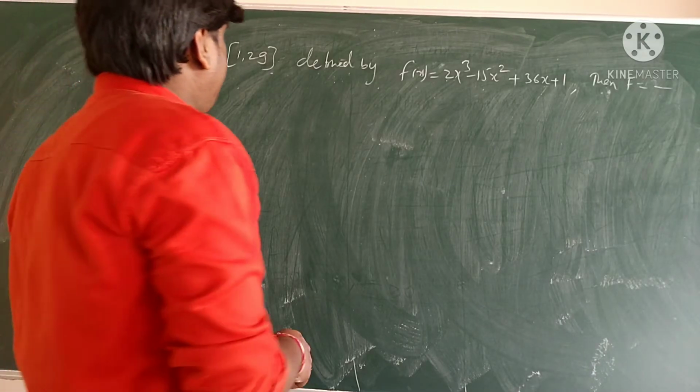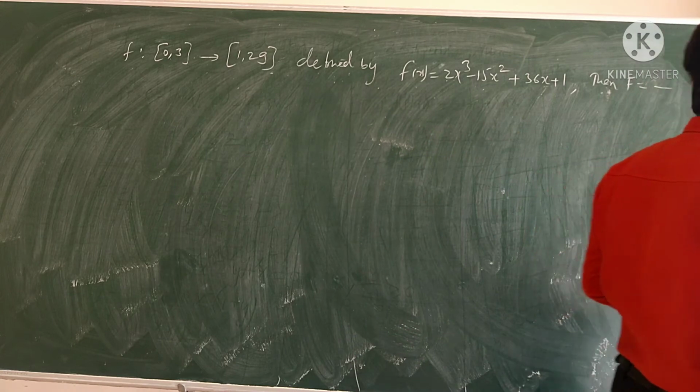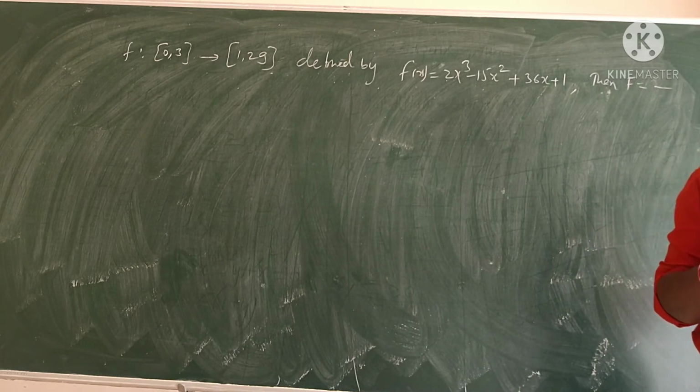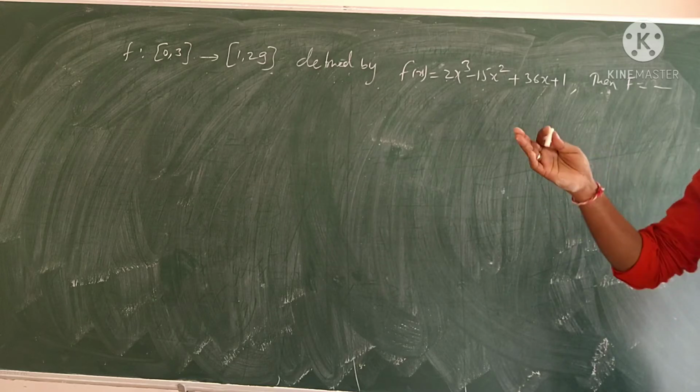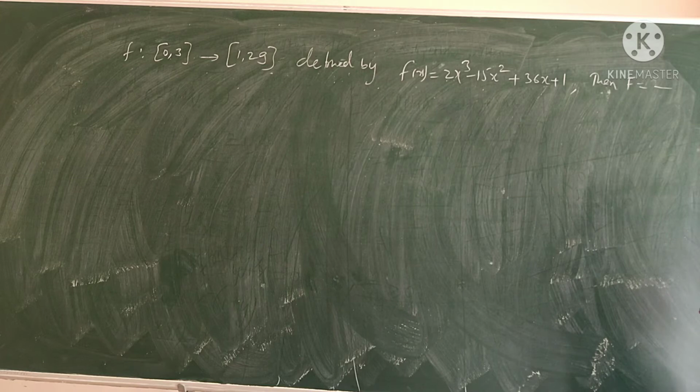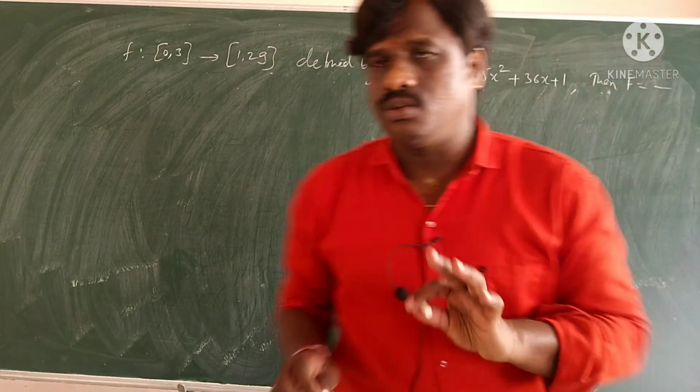Right sir. f of x is equal to 2x cube minus 15x square plus 36x plus 1. Then f is what function? See, composite function related, I'll teach again. That day I just skipped it and went to composite function. So today that's why I came back and I'm explaining all these: 1-1, onto, bijective, inverse. Then I will come back again to composite and explain more questions in composite. Composite is not over; I just explained only the very small basics. Very good questions are made on it, very good questions come in JEE on it, okay. I'll explain that. Don't think that I will not explain.